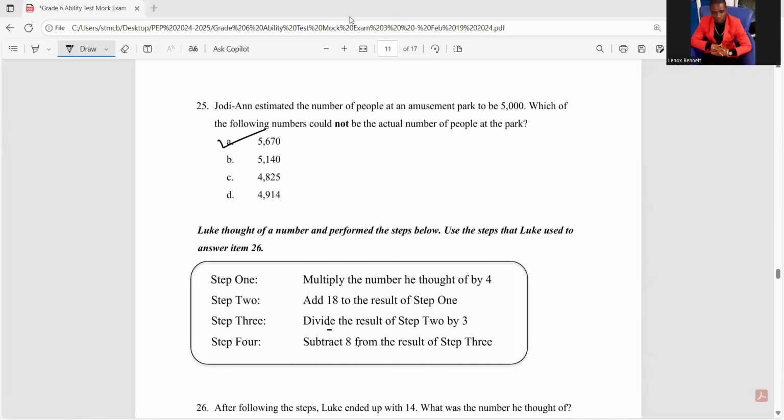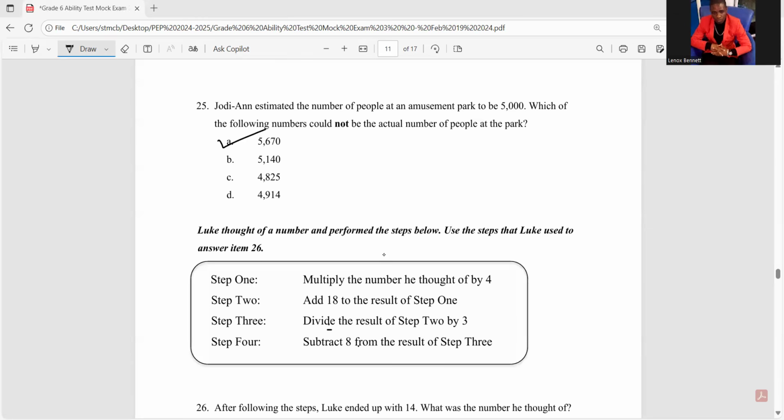All right, Inmar. But someone might say 5,140 is also over 5,000. They might say that, right? What would you say to that? Sir, 670 is higher than 140, sir. Okay. What I wanted you to say is that when you round it off, thanks so much, you are